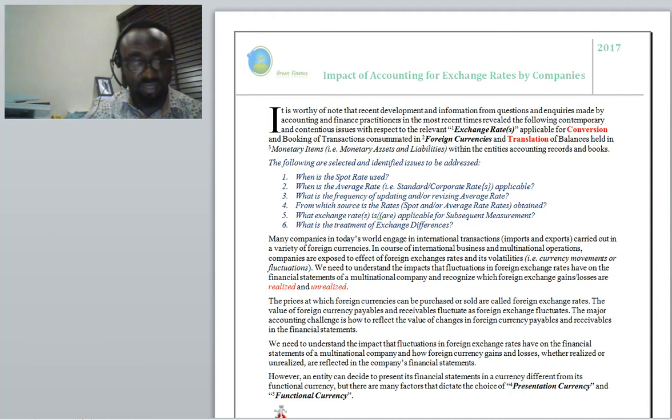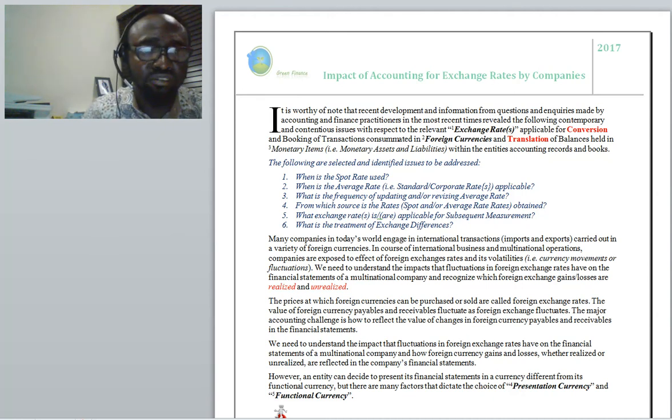Now, IAS 21 explains the accounting practices for translating foreign transactions and foreign operations and for presenting the exchange differences that arise. The standard does not apply to hedge accounting for foreign currency items, including the hedge of net investment in foreign operations, as all this has been addressed by IAS 39, and for those that have early adopted, IFRS 9.